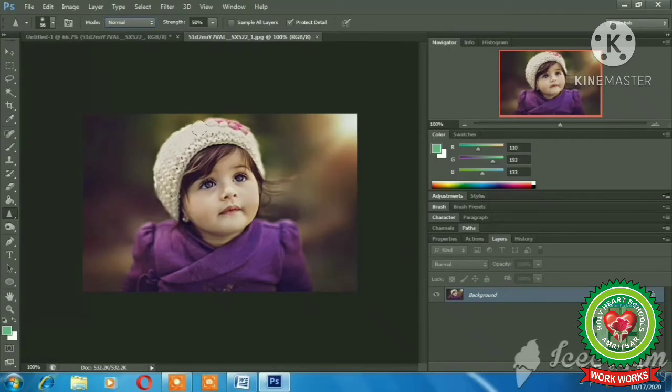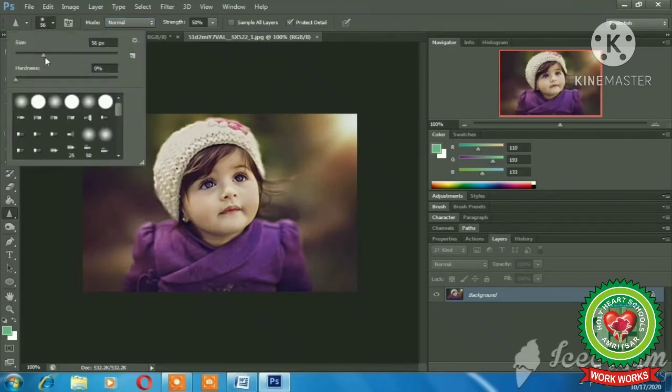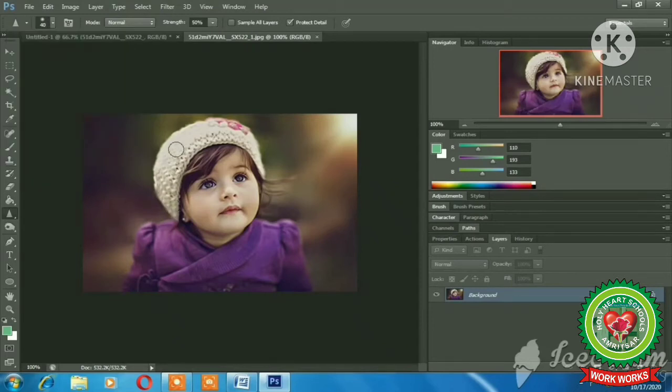Now students, see the cap of this girl. I'll use the sharpen tool over there. Now see, I'll just hold and drag the mouse on this area of the cap. See, now the cap is more focused as compared to the earlier image.